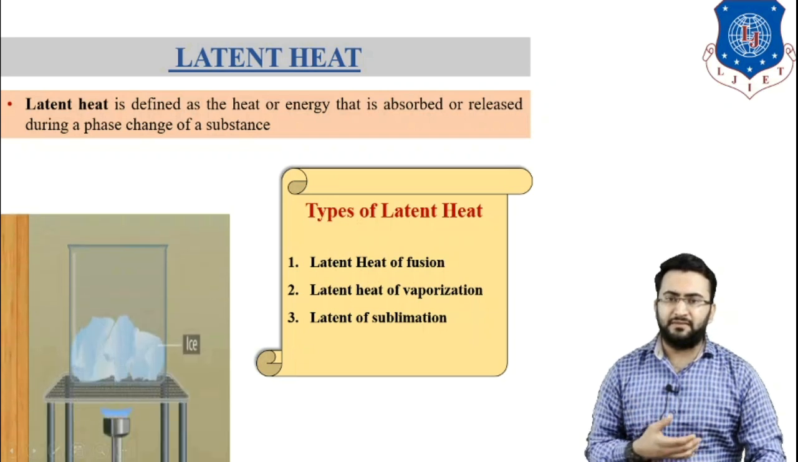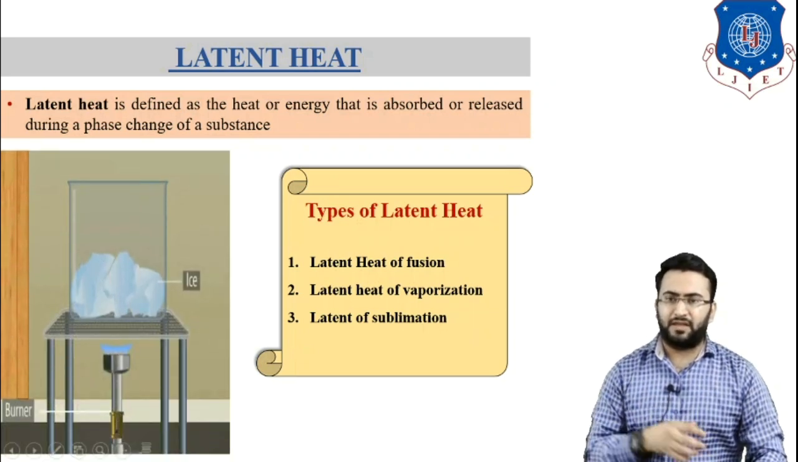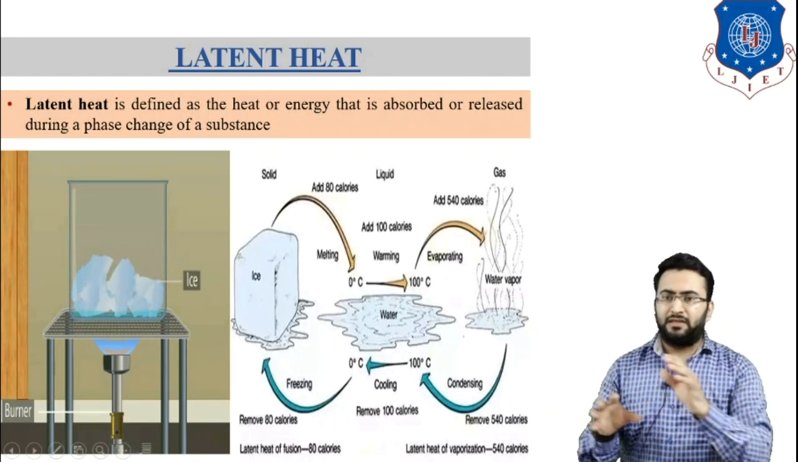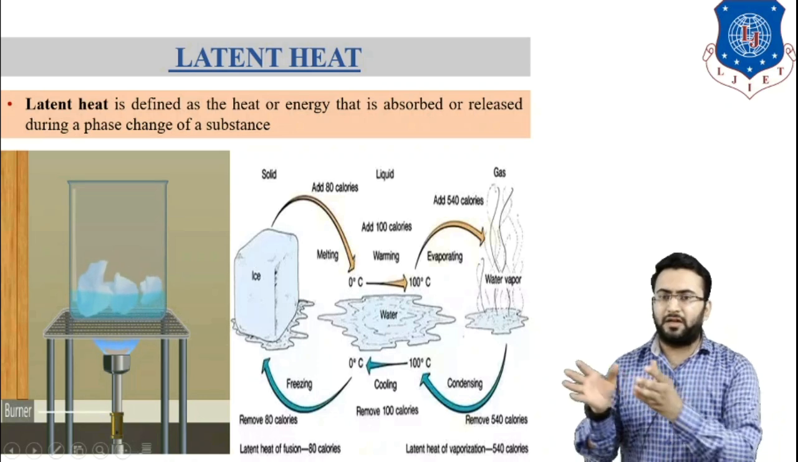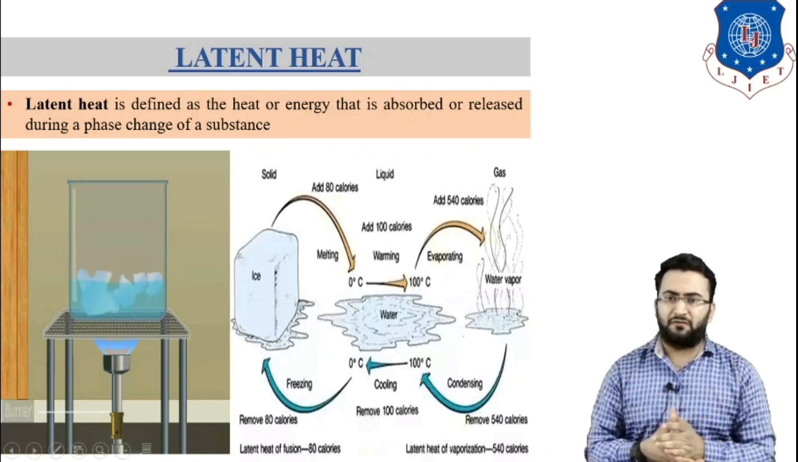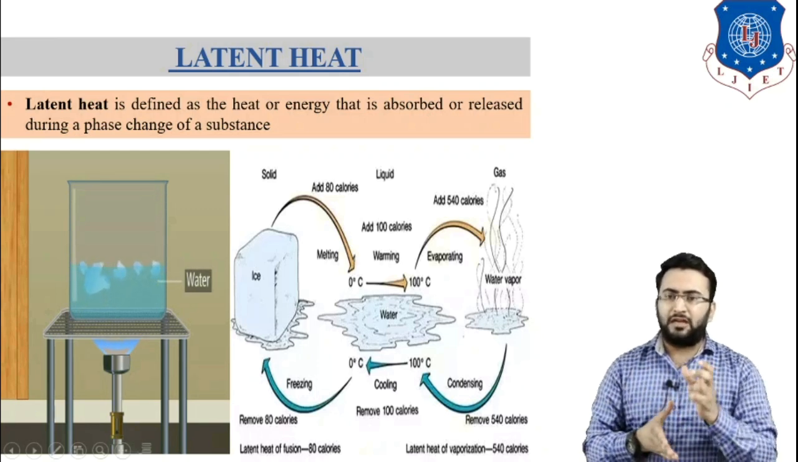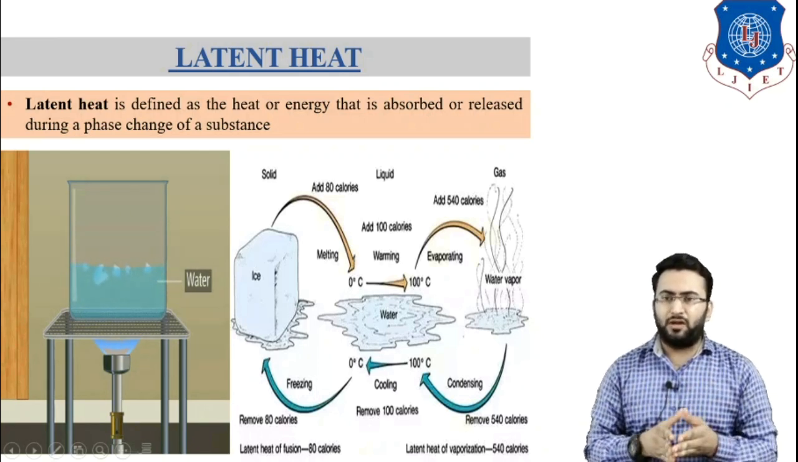To understand this, let's consider this example. In this example, there is an ice cube. If we apply heat to this ice cube, then this ice cube will melt and convert into water. So the heat required to convert a solid into a liquid, that type of heat requirement is known as the latent